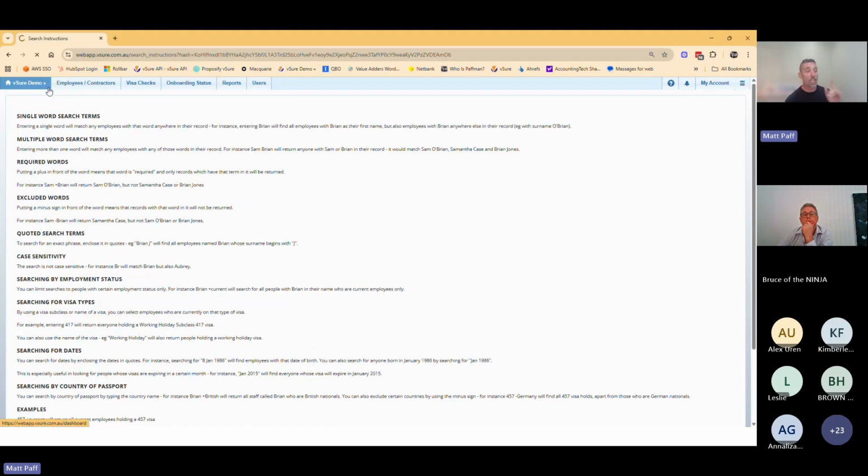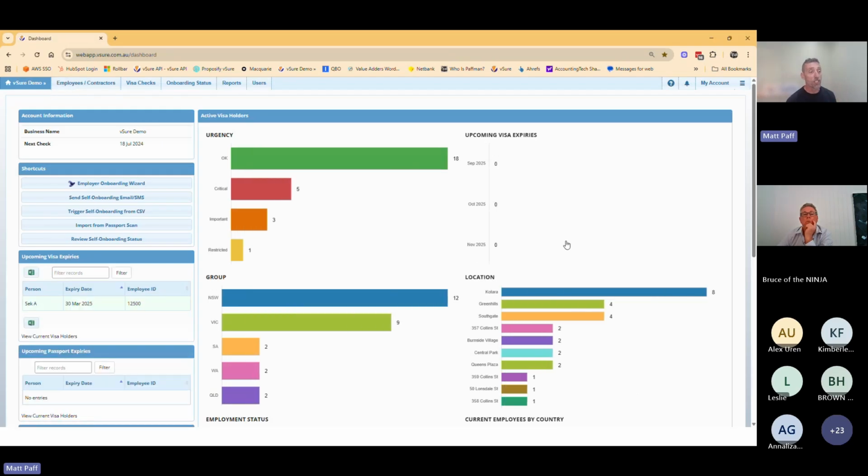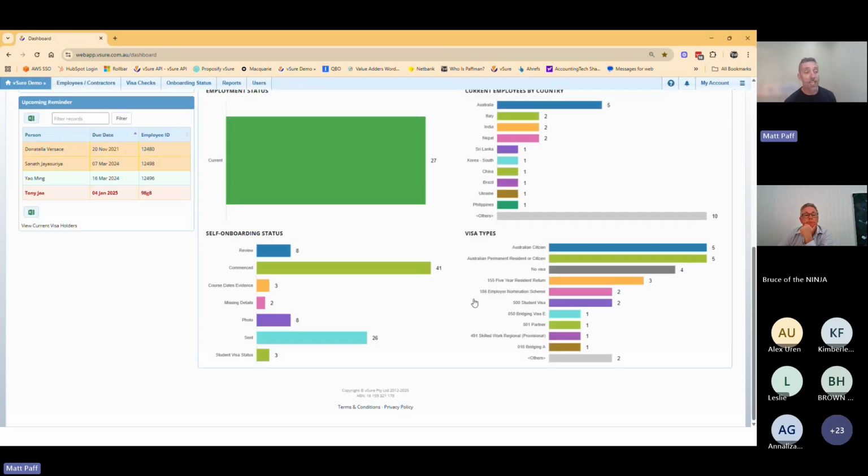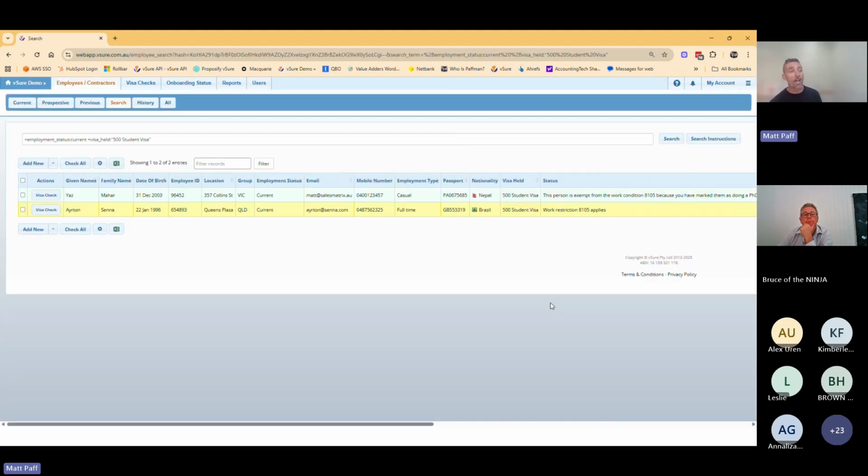The best way to learn how to do searches is to come to your dashboard and, for example, say, hey, I just want to know who my 500 student visas are. If you click on the graph, the way that we get you to the data is by doing the search. So a good way to learn the criteria around how you do searches in vSure is to do it from the dashboard and then effectively copy.